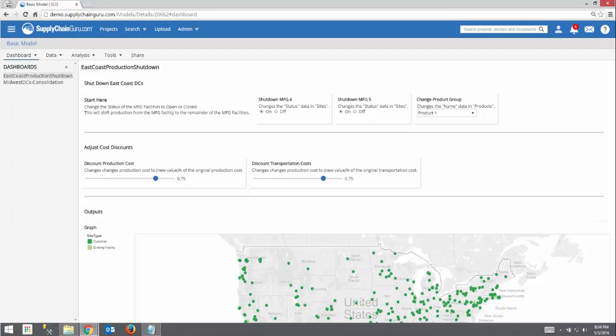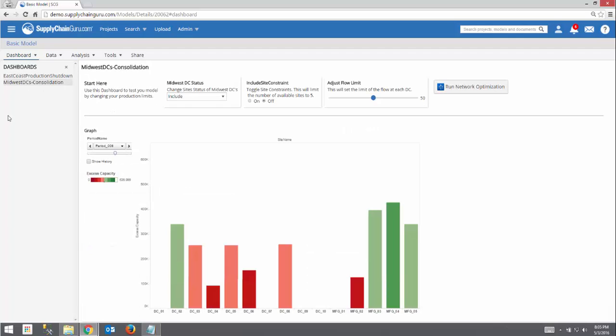These dashboards have been pre-configured for me by a designer who has full access to the model. I can easily navigate between multiple different dashboards that the designer has been creating for me. In this dashboard, the designer has set up a series of widgets that allow me to change different aspects of my model. These widgets include anything from drop-down lists to selectable toggles and sliders. A configurable run button is also available to make it easier for me to find where I hit run and